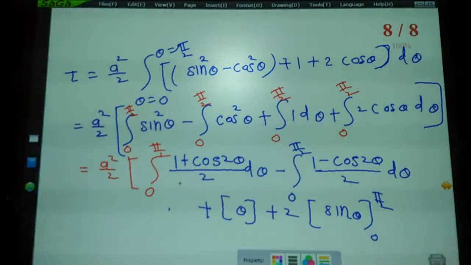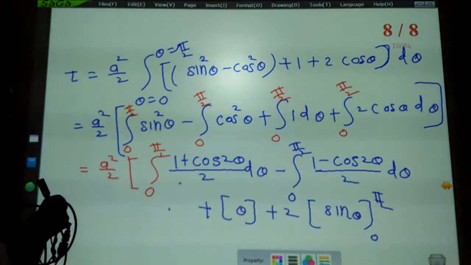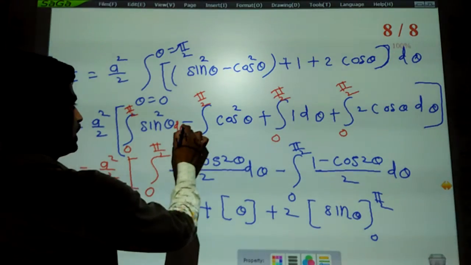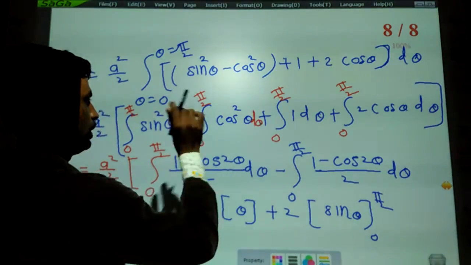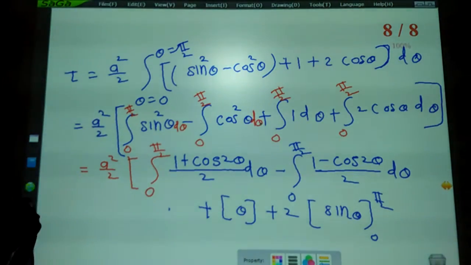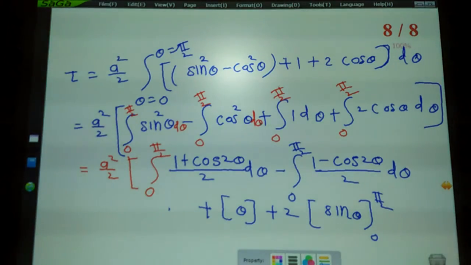The other method of solving the sin square theta plus cos square theta d theta is using the reduction formula. So you can also solve it with the reduction formula. If you feel that, instead of using this formula, you can also use the reduction formula. After completion of this, we will start example number 2.